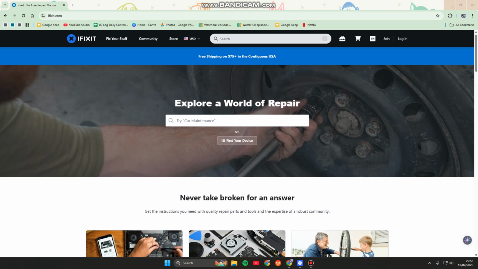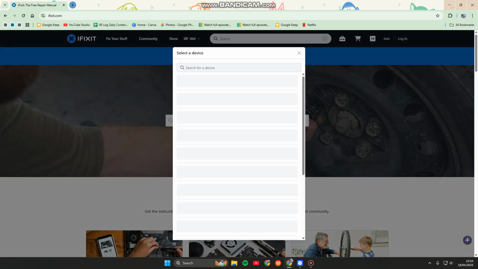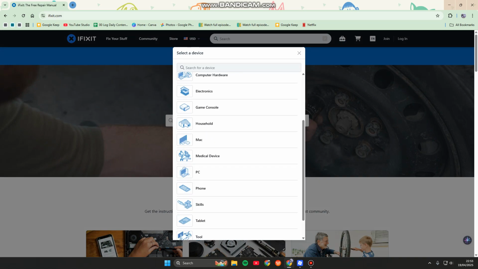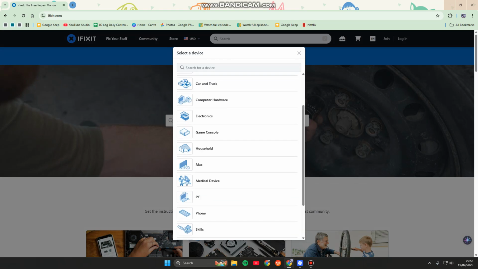So once you open the site, you can explore the world of repair in here. For example, you can use this keyword, car maintenance, or you can also just find your specific devices in here. Click on the find your devices option, and here choose the device that you want to see its repair manual. Let's say I want to fix